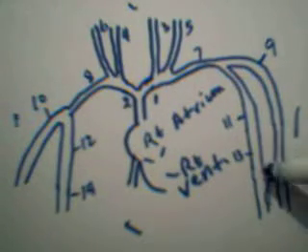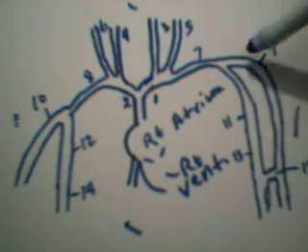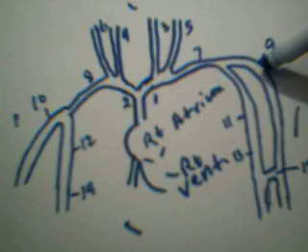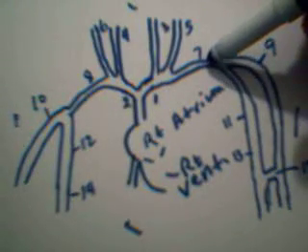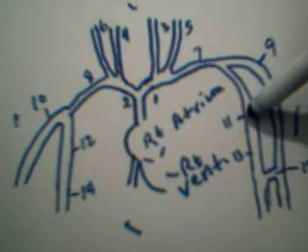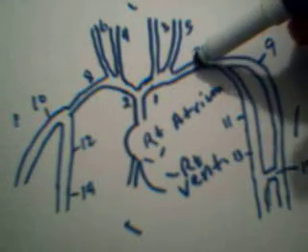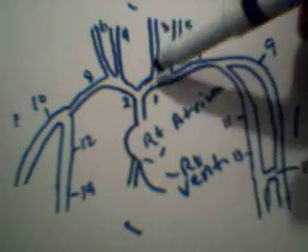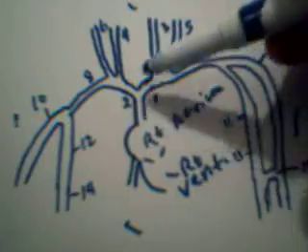So blood's going to come from one of these directions: median cubital vein, cephalic vein, or basilic vein. Join the axillary vein if it's coming from the basilic vein. All of these are going to join the subclavian vein, which join the brachiocephalic vein, which then empties into the